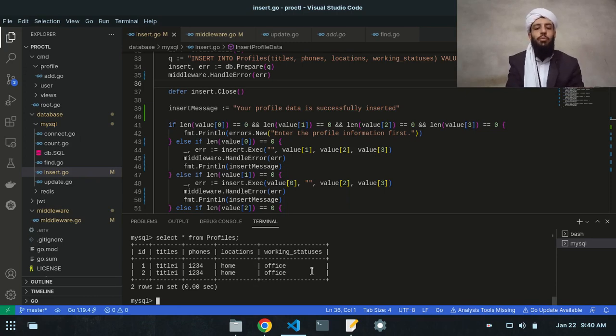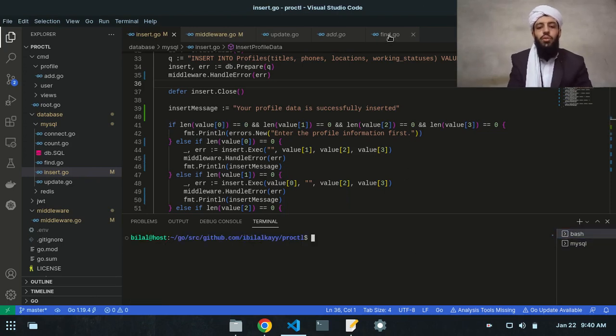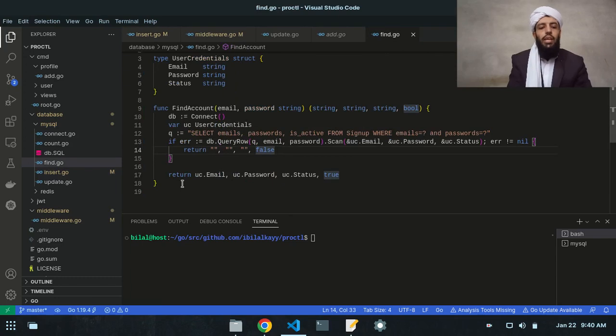So this is the problem that I need to solve in order to make this profile work. Basically, it will update the data, but it will not be able to insert the data multiple times. So this is the problem that I need to solve. Let's first go to the find.go file, and inside this